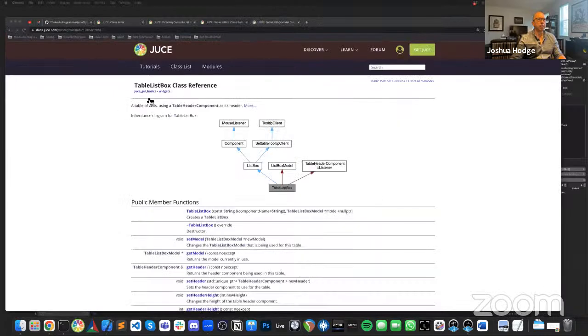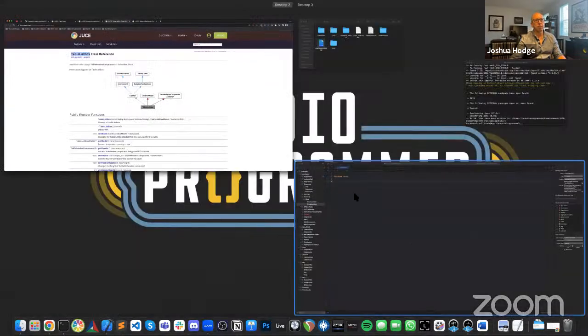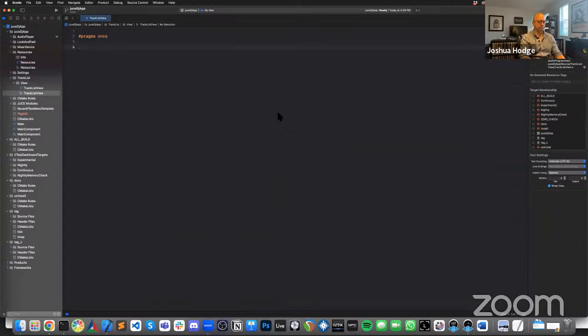So the next thing that we need to do is we want to bring in this table list box. And so we're going to need the JUCE GUI basics include, the header file. So this will be JUCE,